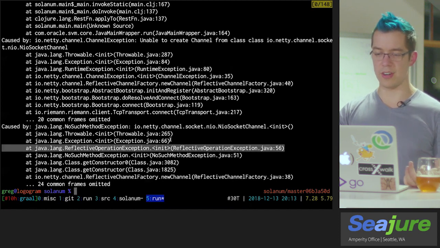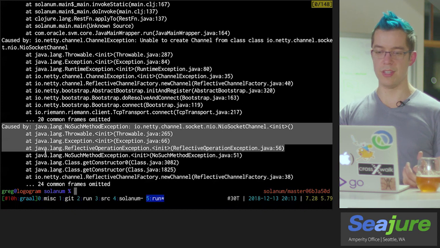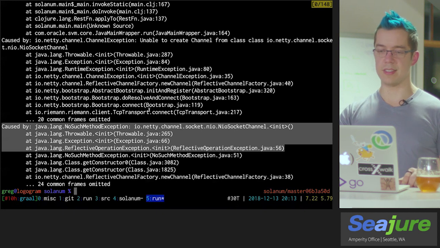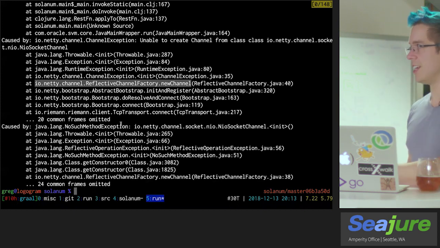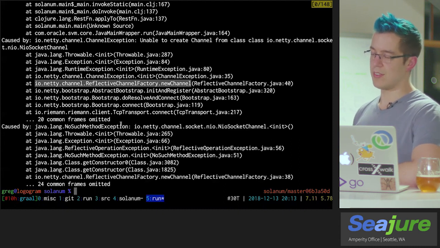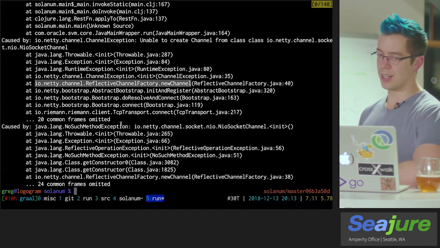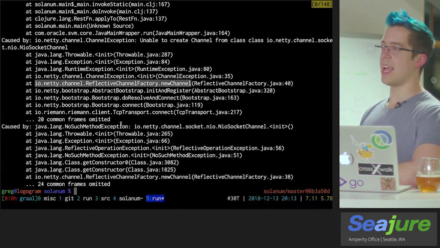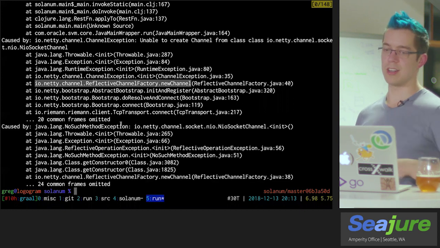This is where we are starting to bump into Graal's no reflection rule. And if you dig a little bit more into what's happening here, by default, when you ask for channels in Netty, you're going to use something called the reflective channel factory. And this is great in Java, that's most of the time what you want. You just give it a class name and it figures out how to make that from the no-arg constructor, except in this case we can't do that. We need to get rid of this reflective access because this class was never loaded at compile time, and as a result it's not present in our generated native image, so the code doesn't have a way to construct it.